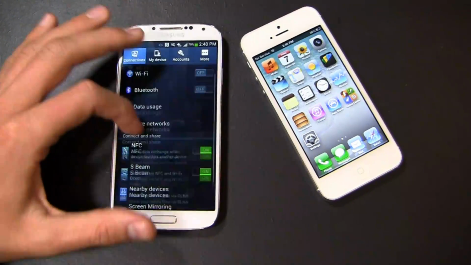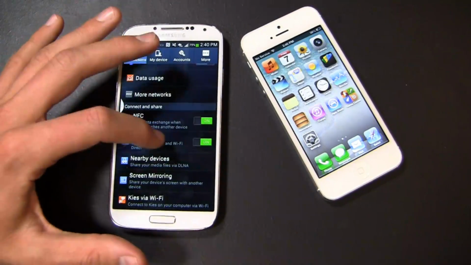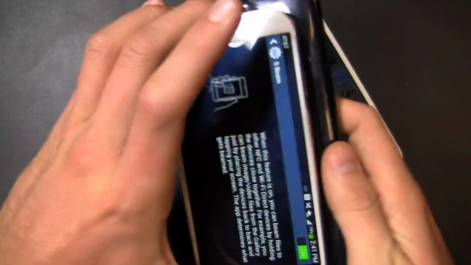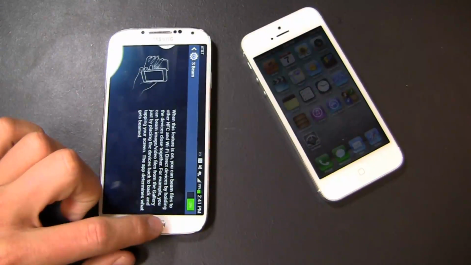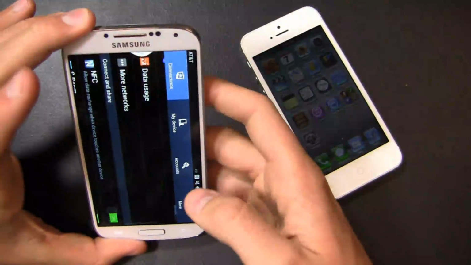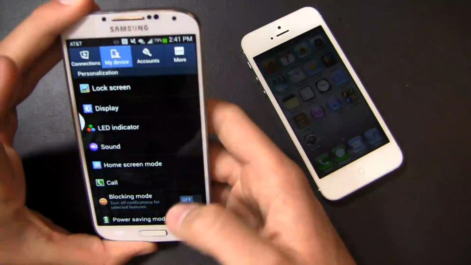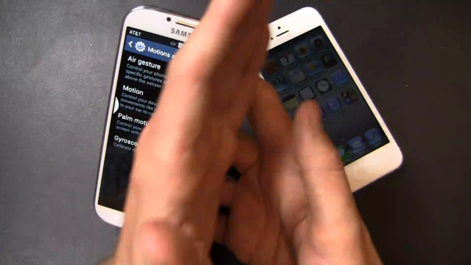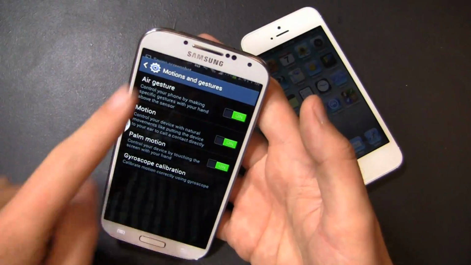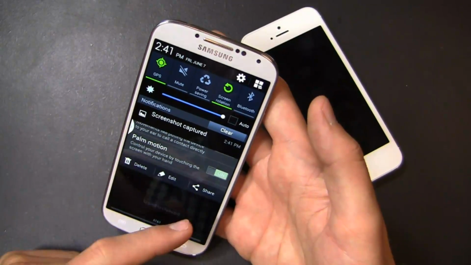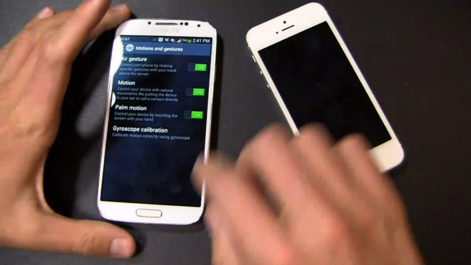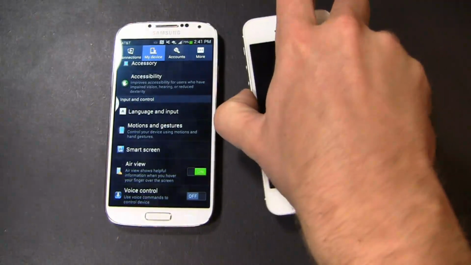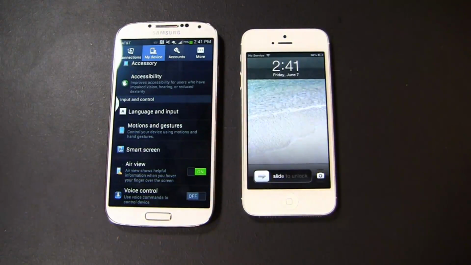So whether you're going to use the features or not, maybe you call them gimmicky, I would take a look and see perhaps S-Beam's important to you, where you can put up 2 Android devices back to back and sync up files. Maybe that's an important feature to you. Maybe AirView is important to you. Maybe even something, as you can see right here, my device will go down to motions and gestures. Maybe air gesture or palm motion, you like to take screenshots, and that's important to you. So you can take a screenshot quickly and easily, not to say you can't do that on the iPhone 5, but easier to manage on this device. The winner of the dogfight is the Galaxy S4 just because of the features and usability, but